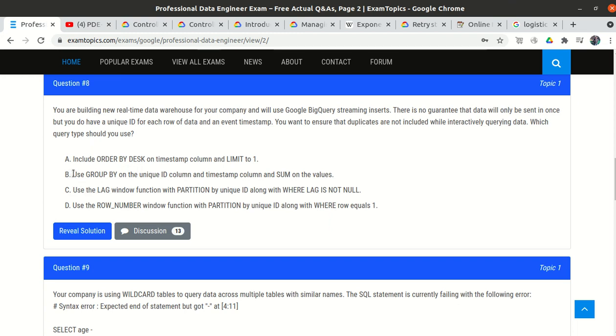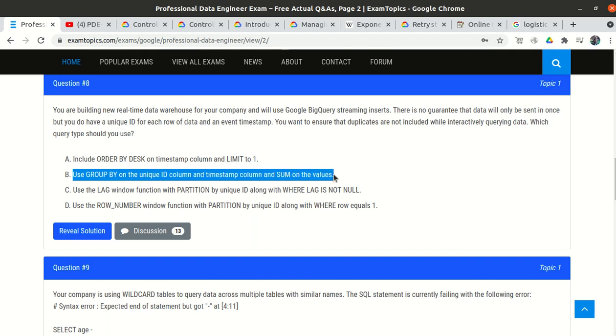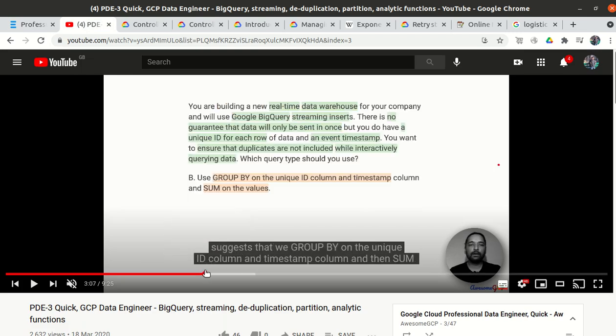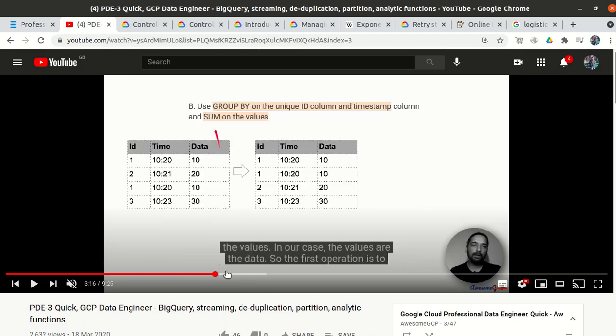So the second option is use group by on the unique ID column and timestamp column and sum on the values. Let's see if we use this query whether we will get our required output or not.